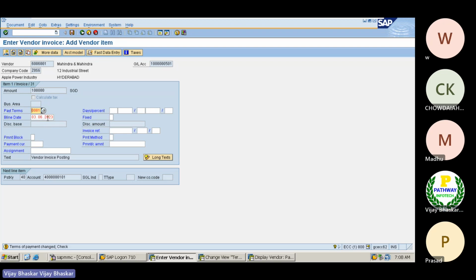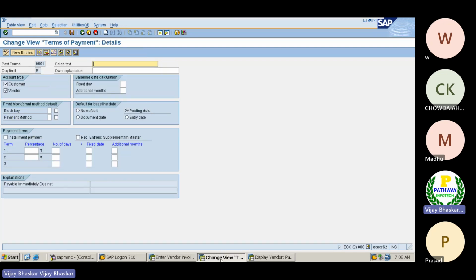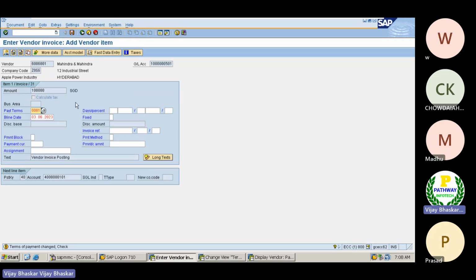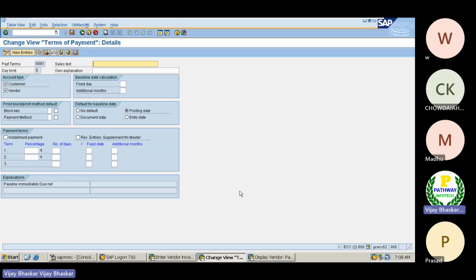Because in the terms of payment, what we have given, the system is not considering either the document date or the posting date. Here the baseline date is updating 30th 6. How should the system know? Because in the terms of payment, the option default baseline date calculation is from the posting date onwards. Okay, now let me put it as the document date, this one.